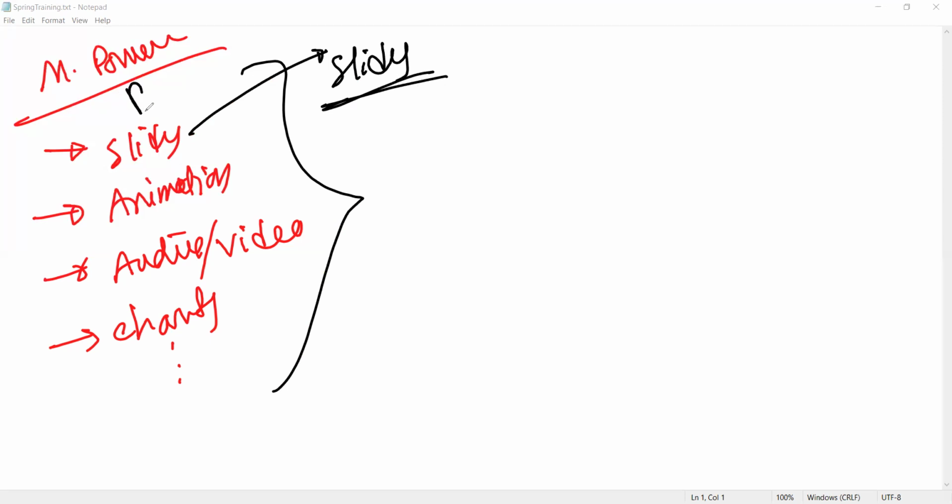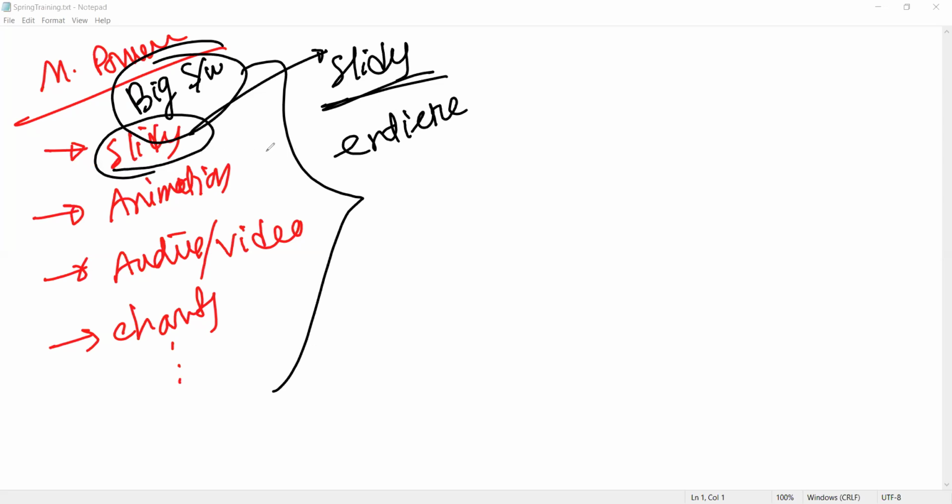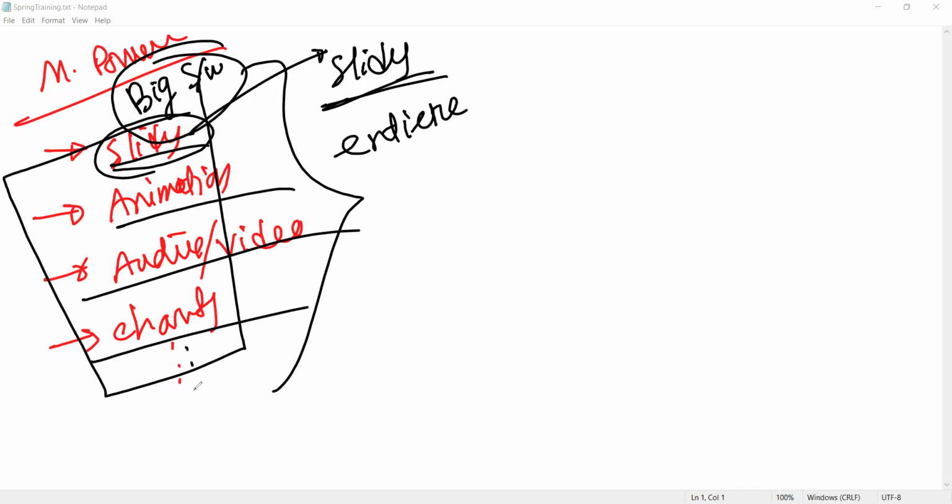First of all, Microsoft PowerPoint is a big software, so you have to download and install the complete software. Your requirement is only slides, but you must install everything. What is the problem here? It's heavyweight and needs more memory space. PowerPoint is used for multiple purposes like animation, audio, video, and charts, but to fulfill your requirement you have to install the complete, heavy software.